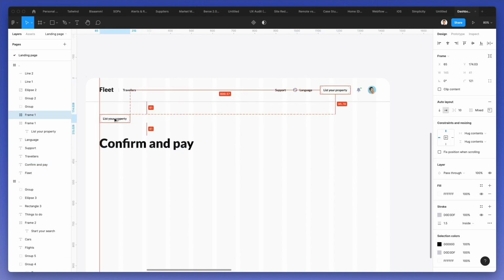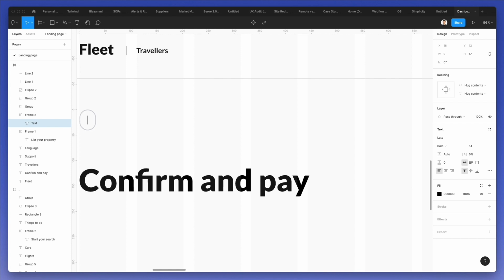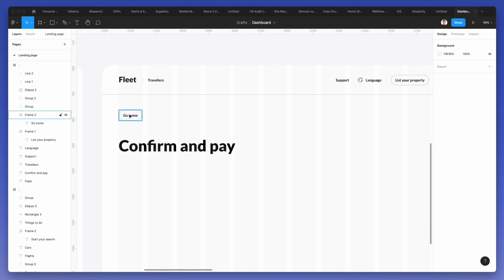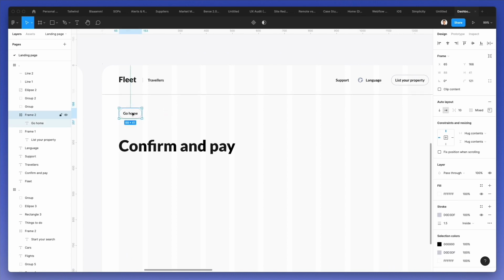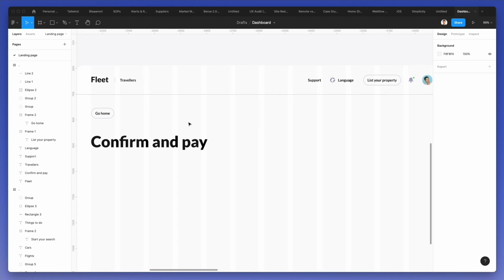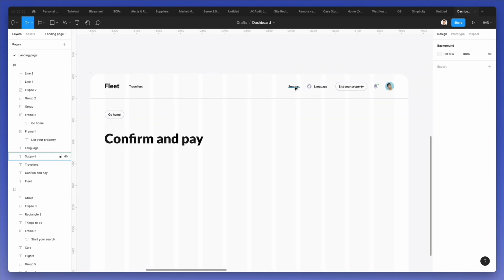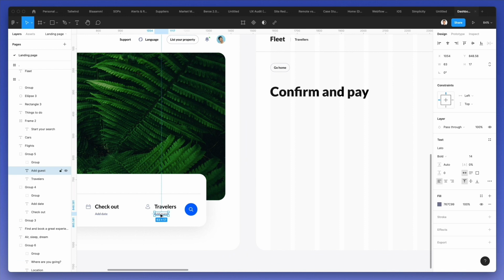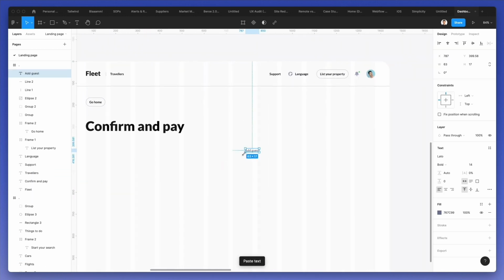We're also going to duplicate this button. Let's go home over here. And this is going to essentially help the user to go back to the previous screen. And now what we're gonna do is we're going to duplicate one of these texts right here. And we are going to bring it all the way to the right. Going to write Spectacular Views of Queenstown,